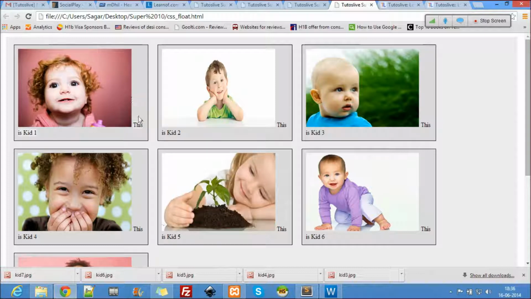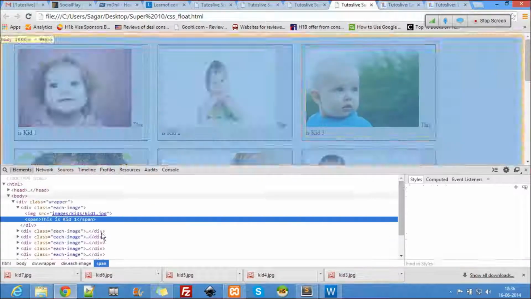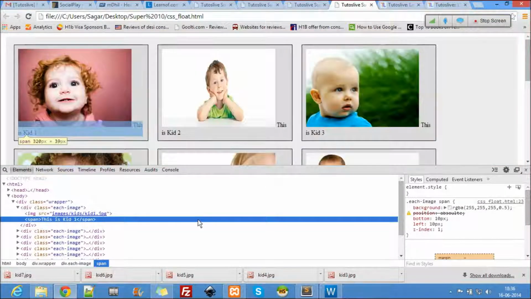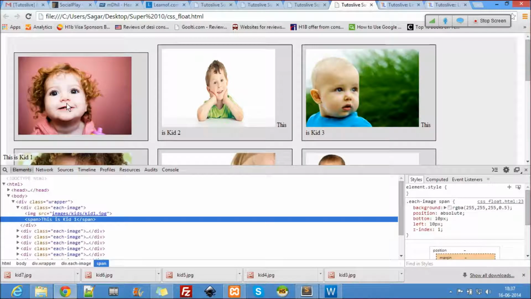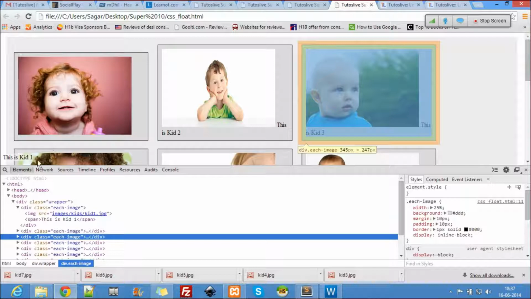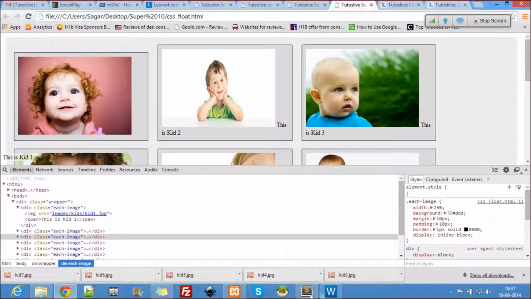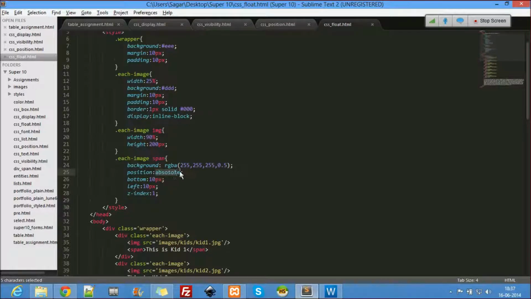Okay, there's some problem here. Let me just fix it. There is a spelling mistake, I guess. Position absolute. You see that here? Okay, it has gone here. So let's use relative. This will be minus 10 pixel and this will be minus 10 pixel.